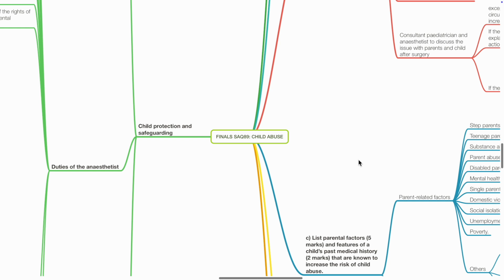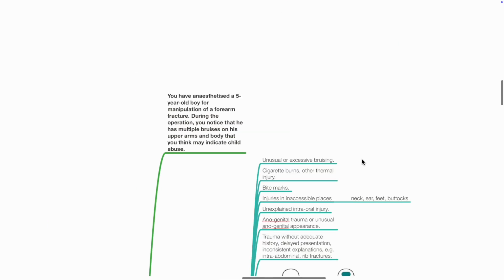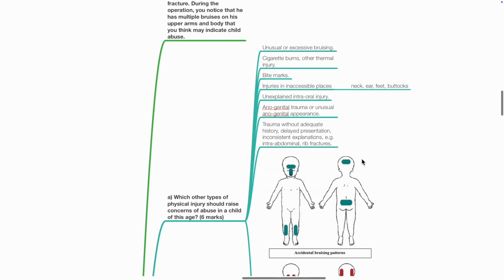Finals SAQ 89 Child Abuse. You have anesthetized a 5-year-old boy for manipulation of a forearm fracture. During the operation, you notice that he has multiple bruises on his upper arms and body that you think may indicate child abuse. A. Which other types of physical injury should raise concerns of abuse in a child of this